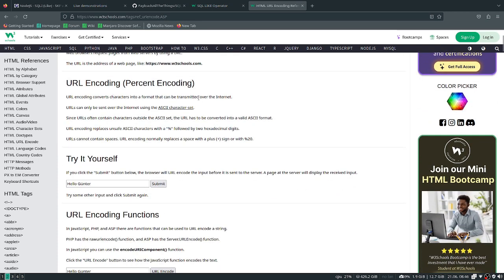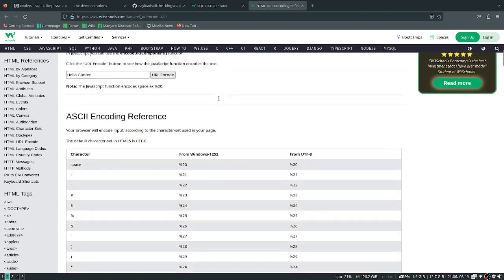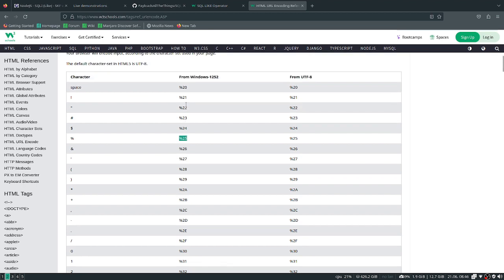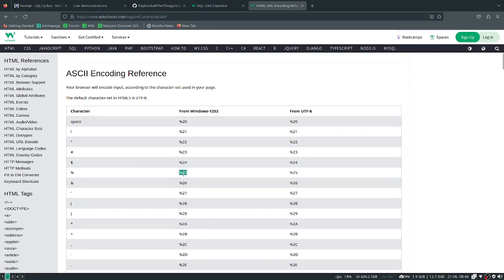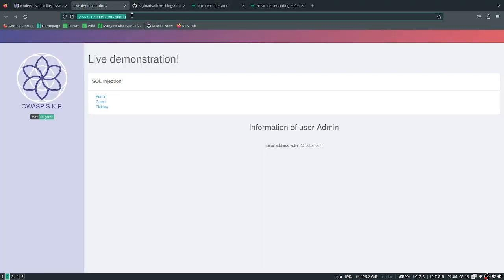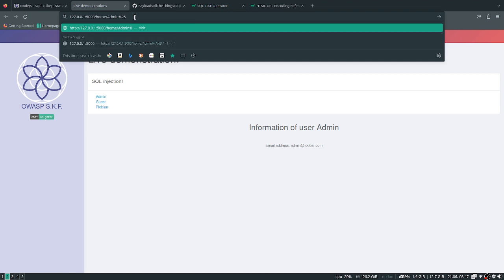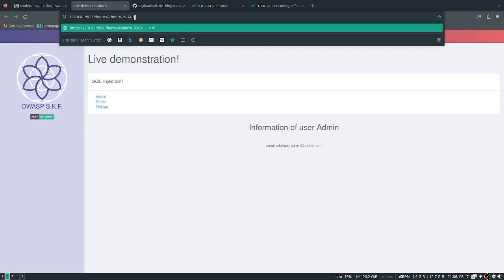converts a character into a format that can be transmitted over the internet. And I guess what's not transmitting over the internet is the percentage sign. So what we need to do is do a percentage 25, which is the representation in the URL encoding, so it could be passed on through the internet. So if we do percentage 25, well, like I already did this lab before, and 1 equals 1,